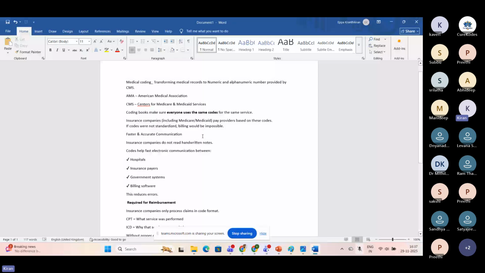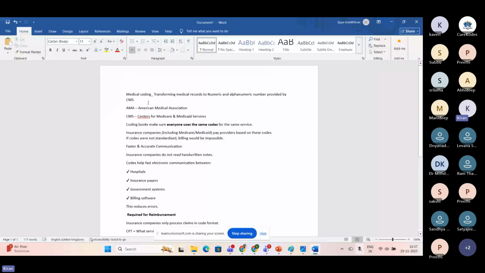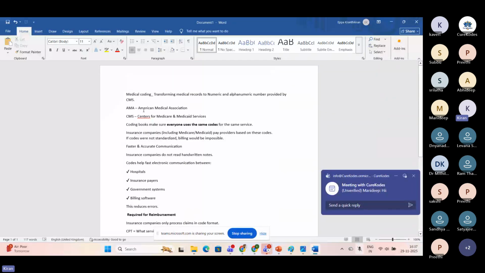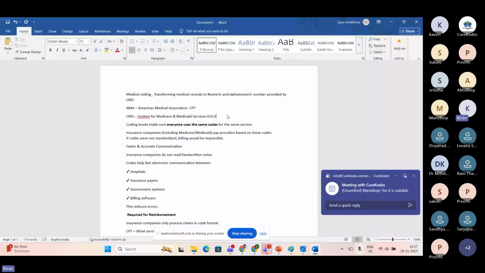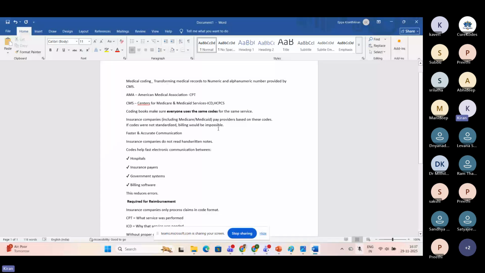Previously I said that in medical coding there are two organizations, AMA, the American Medical Association, and CMS, the Centers for Medicare and Medicaid Services. These two organizations provided the CPT book, and ICD, which stands for International Classification of Diseases, and HCPCS. So what is CPT, what is ICD, and what is HCPCS? For example,